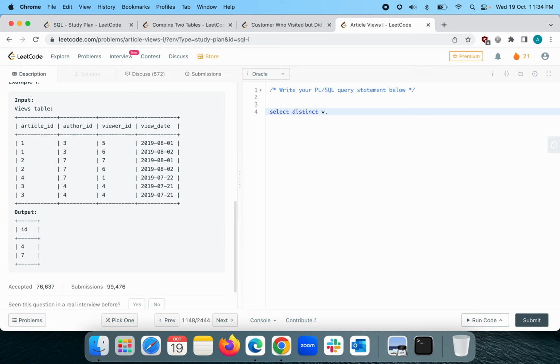Because the same author can see his own article multiple times, so I don't want the 7 to be repeated multiple times here. If you see here, this article 4 that has been written by author ID 4 is also seen by the same author again on this date also. So there is duplication, and we want the author ID to be distinct. That's why we are writing distinct